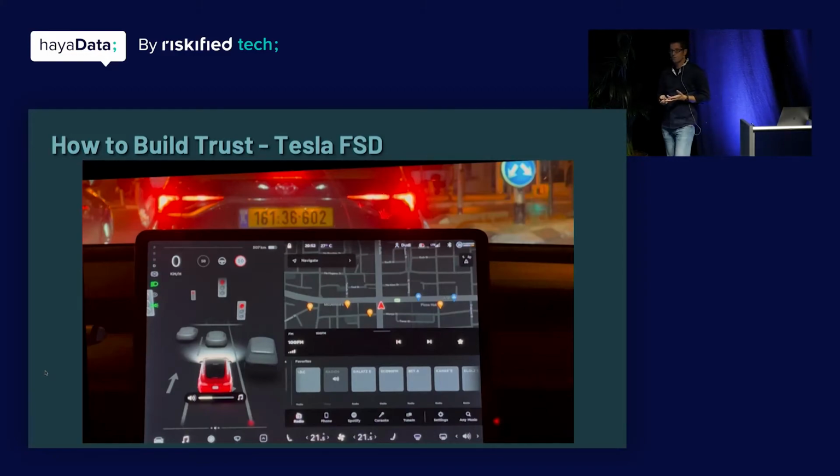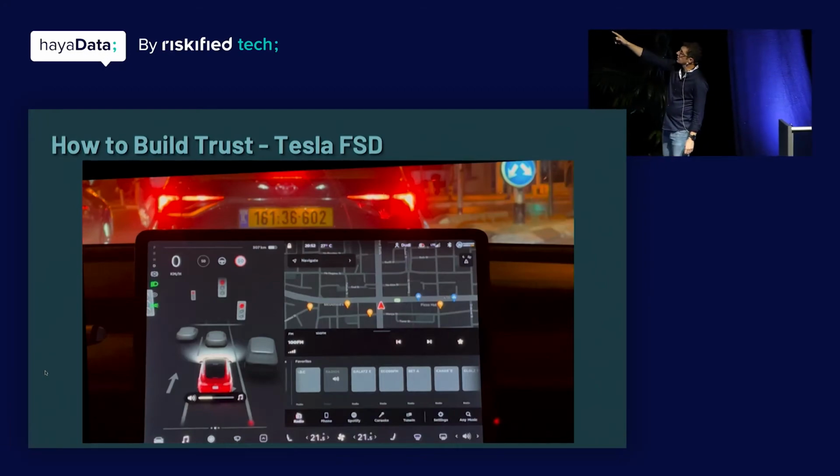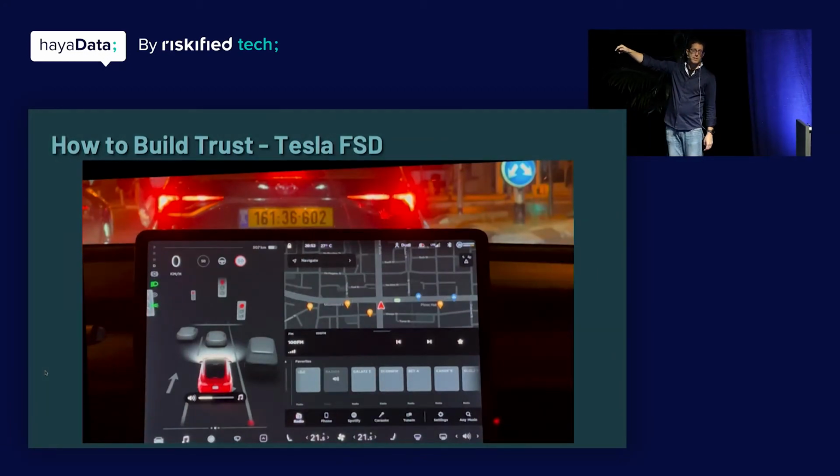And second, even if it's working well, but you don't trust it, you won't really use the system. So this is a view from a Tesla Model 3 in some intersection at Ramat HaSharon. What you can see is the windscreen on top. You can see we're at an intersection and there's a car there.